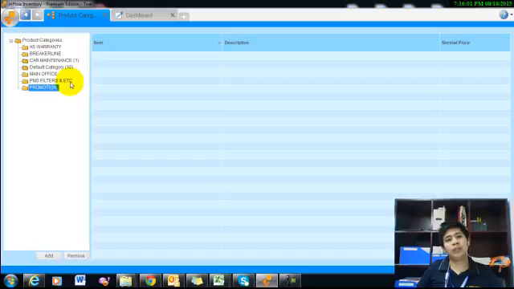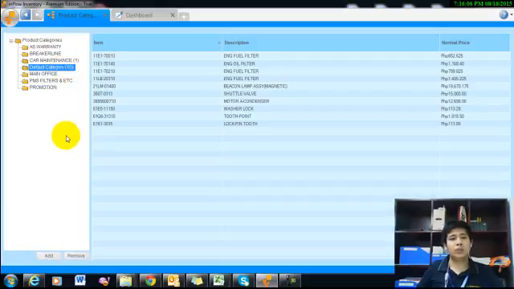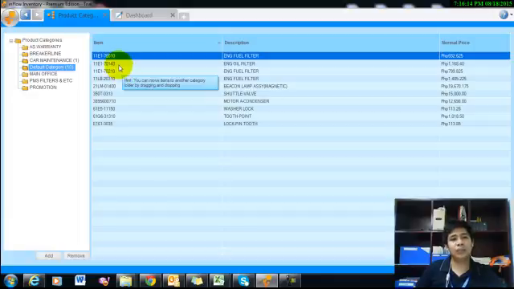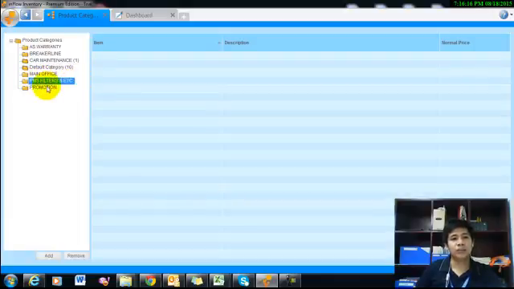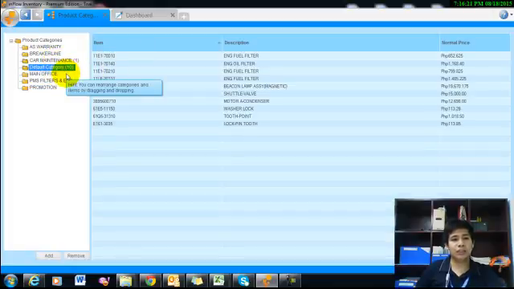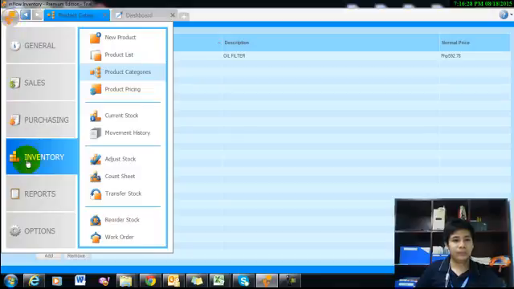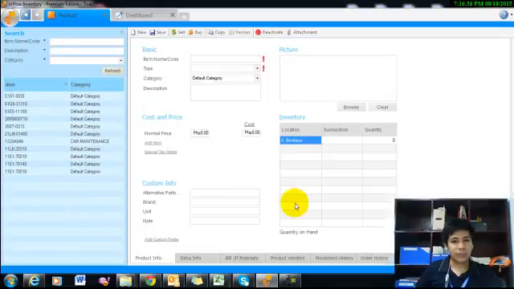Most of the product list has been inputted or recorded under the default category because we didn't know yet if this item will be used for warranty, PMS filters or promotion. So we'll just use it under default. Only the oil filter from Mitsubishi is under car maintenance. So let's try to simulate if this stock will be updated.